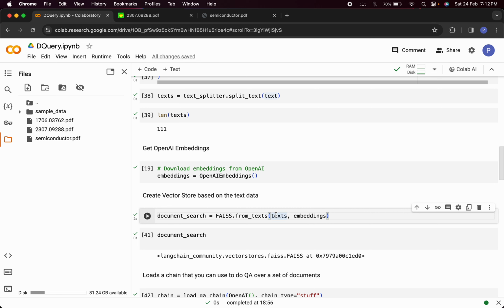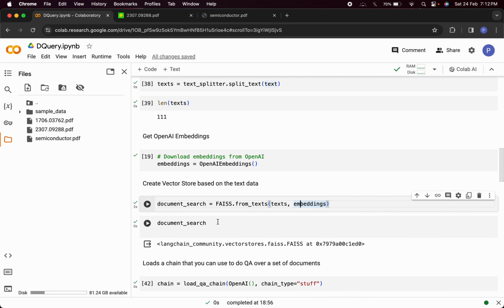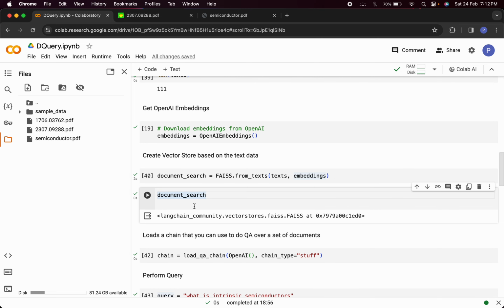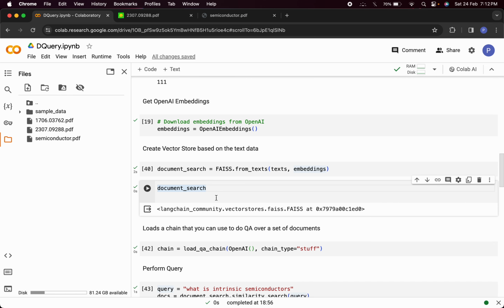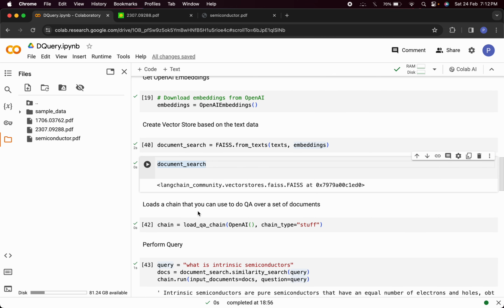So for this particular text, we are creating embeddings. Under the hood, what happens is we are creating a vector store for that particular document that we have uploaded. Here, if I print document search, it shows LangChain community dot vector stores. So this variable document search is basically a vector store.